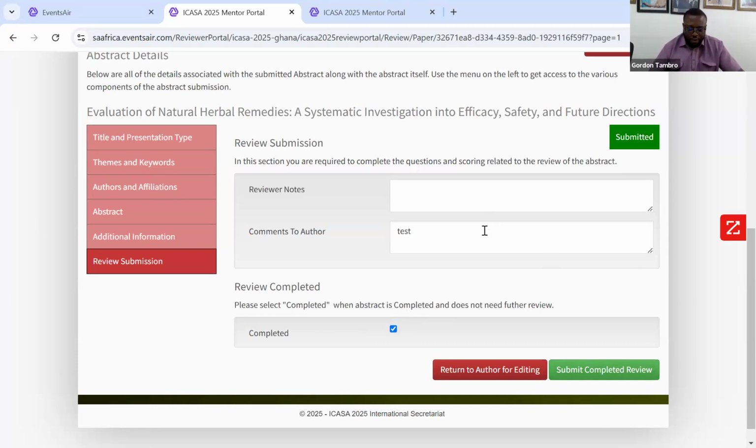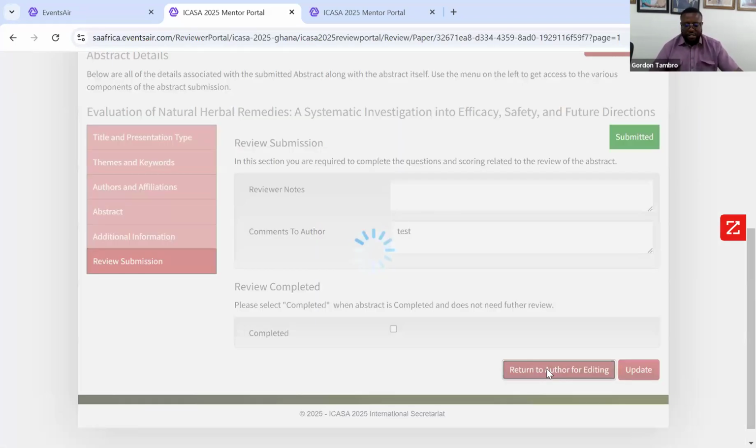for review. However, as I mentioned earlier, if you've gone through the abstract and you realize that there's some need for improvements, which you have captured in the comments to author type box, then you don't check the completed text box. You click return to author for editing. So once you click on the return to author for editing option,